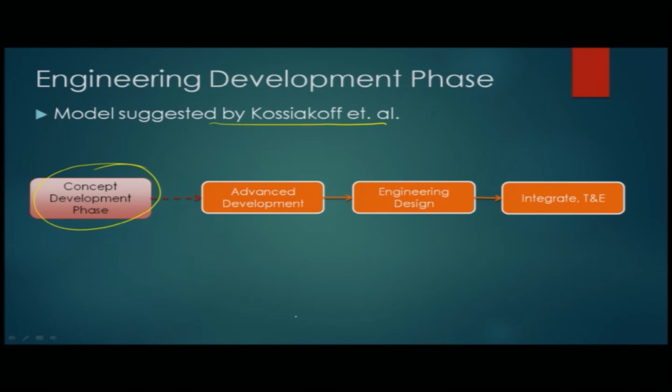So, if we write the inputs, it will be the system functional requirement specifications that come as part of the output of the concept development phase, and the system concept itself. Those are the two inputs to the first stage of this development, which is actually called the advanced development. And in advanced development of the system, this is where the engineering